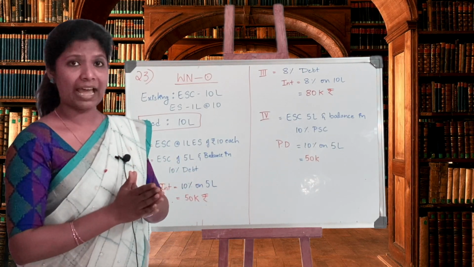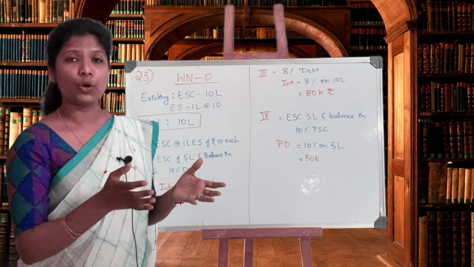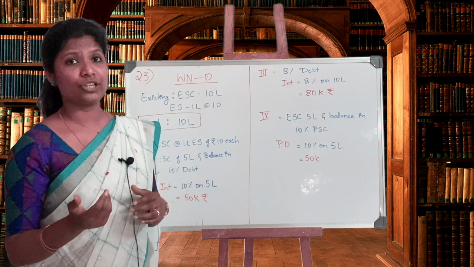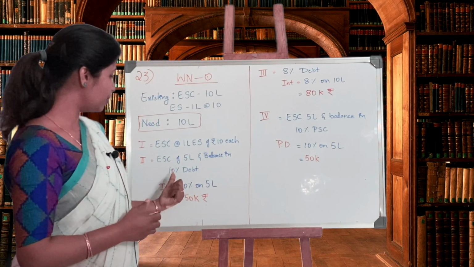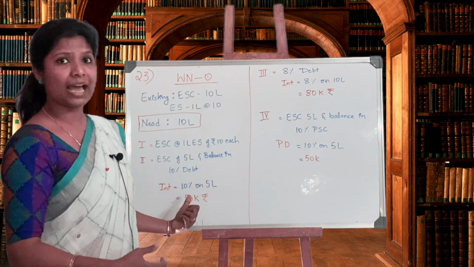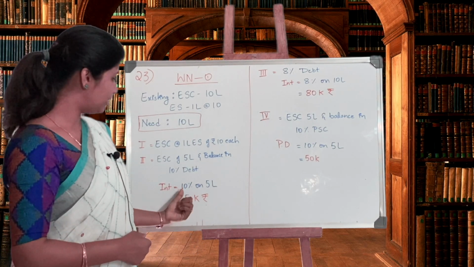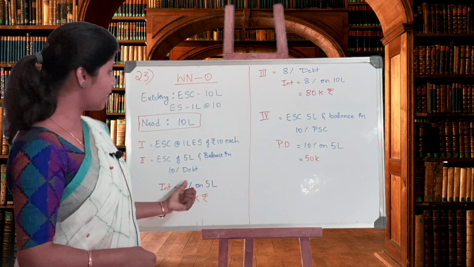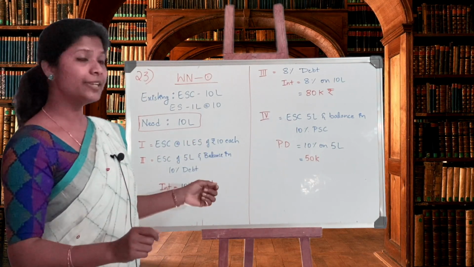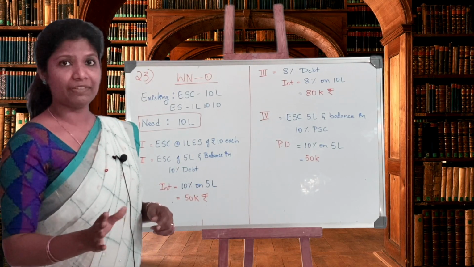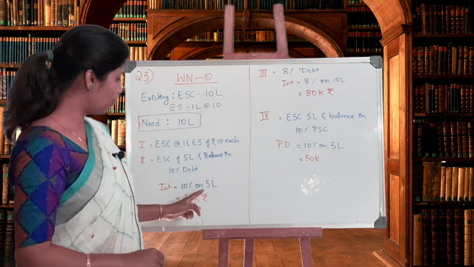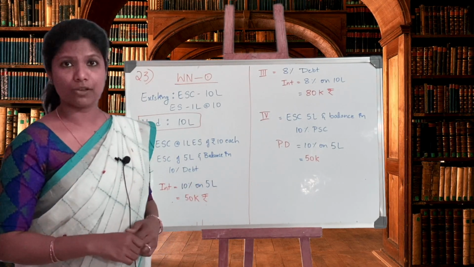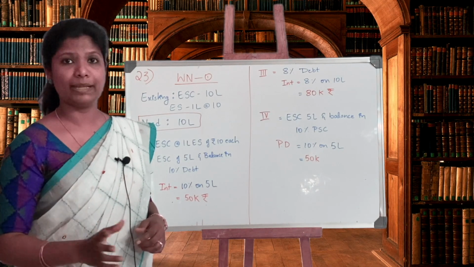So my second plan has two investment avenues. One is equity and one is debenture. Equity capital is 5 lakh and debenture capital is 5 lakh. So I need to calculate the interest. How much interest am I paying to debenture? So 10% on 5 lakh. Please don't make this mistake. Most students take 10% on total capital. No. How much is debenture in this plan? Only 5 lakh, not the entire 10 lakh. So only consider 5 lakh. 10% on 5 lakh will give you 50,000 rupees as interest on debenture.